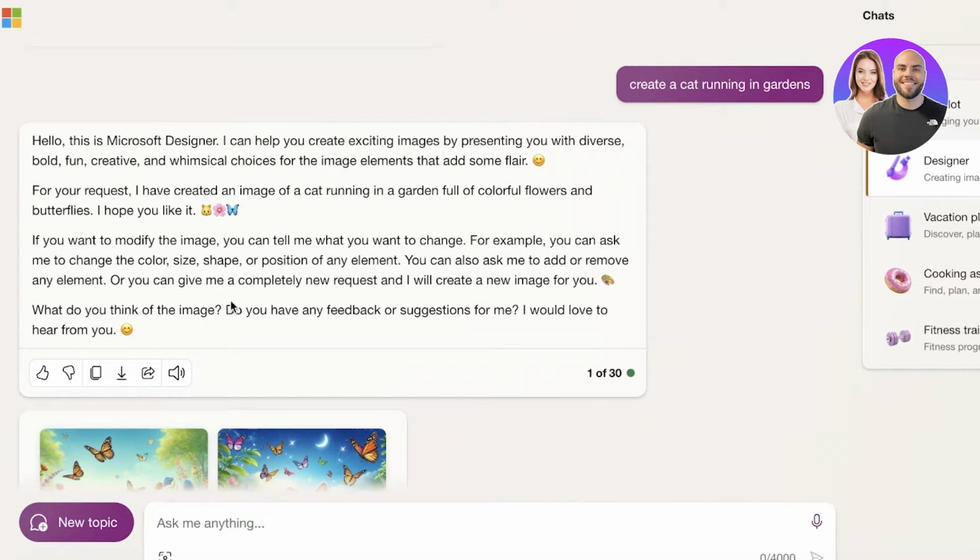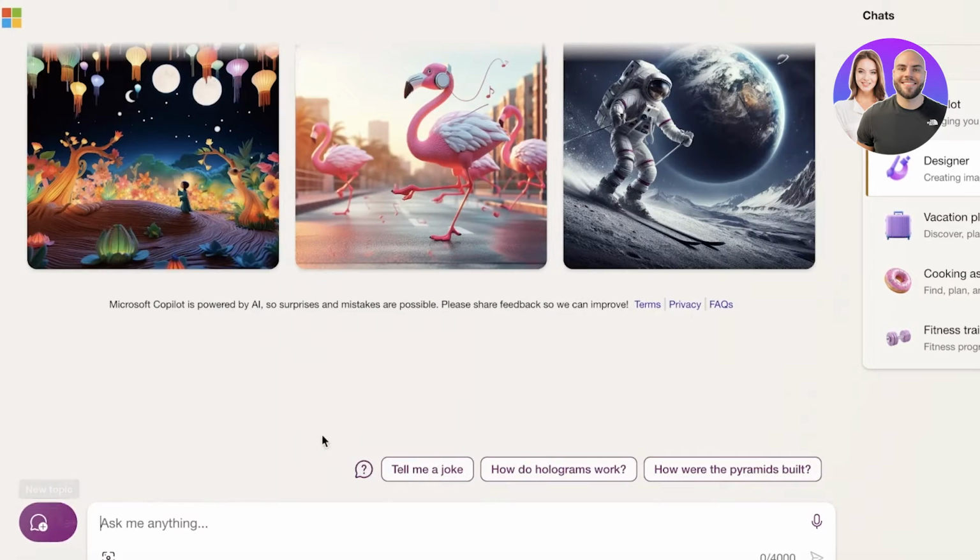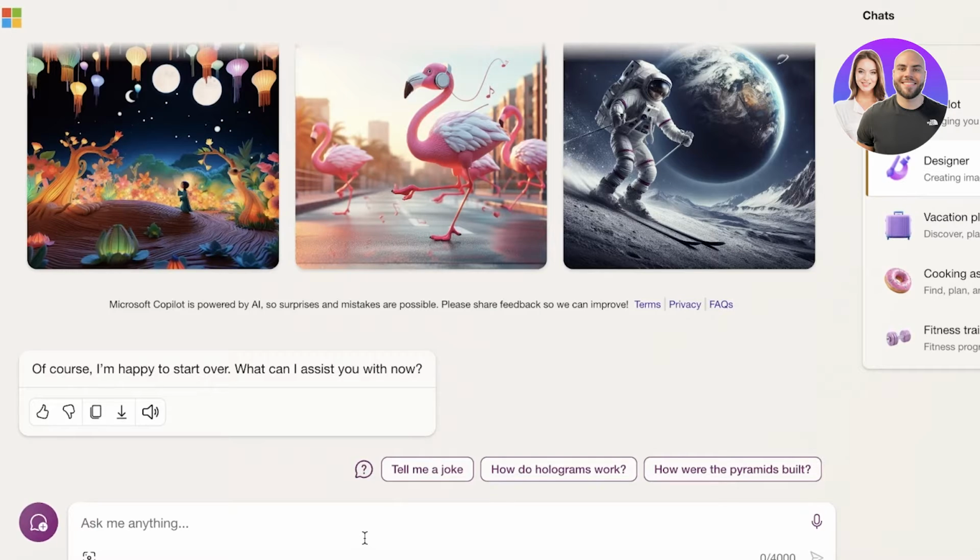For example, you can ask me to change the color, size, or shape of any element and more. Now, one thing a lot of people don't realize is that they can actually generate their logos over here as well. So can you design an image of a logo of a business called Durden? It's a retail clothing store